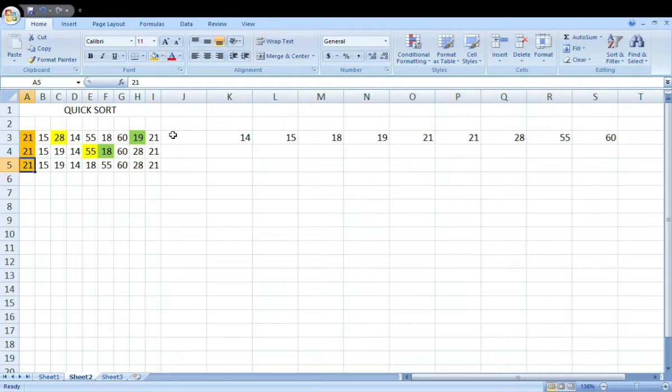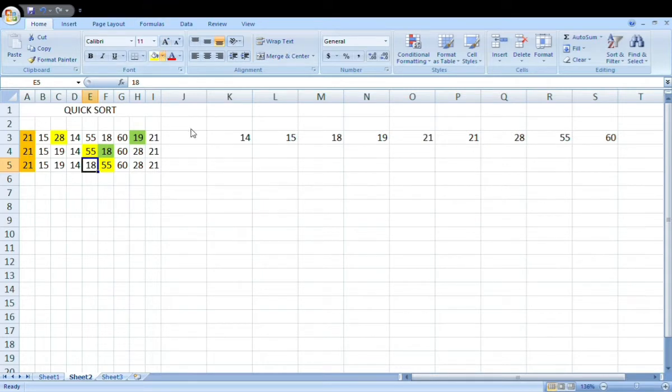Okay, now what it will try to do, again starting from this position, because up to here it is done. Starting from this position it keeps going towards right till it finds the bigger number compared to 21. So starting from here I said, right? So 55 is already bigger, so it will not go further. It already found the bigger number. So let us mark this one, and again from here it will start, from here it keeps navigating towards left till it finds the smaller compared to 21. So 18, from here it starts, so 18 is smaller than 21.